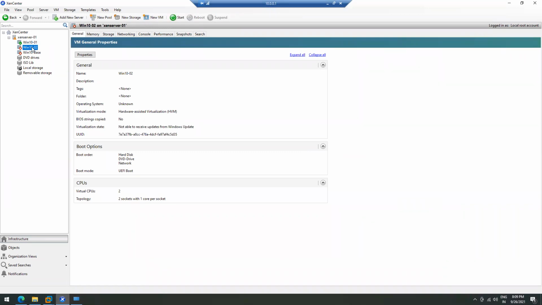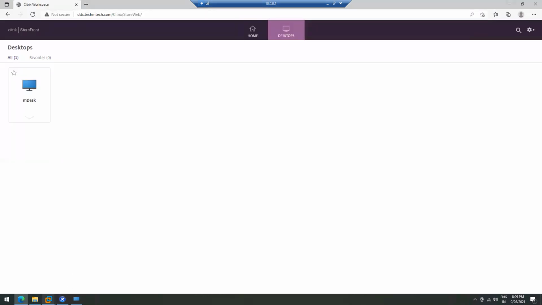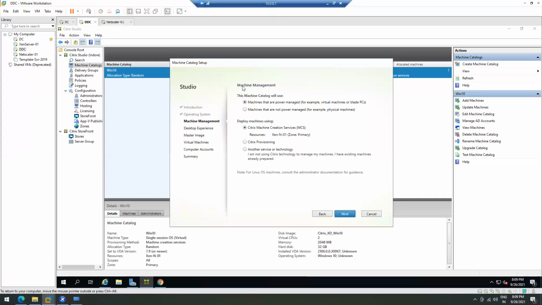Those are power managed machines, not any physical hardware. Even if the machine is down, the user will be able to power on that machine. It will take a while, around 30 seconds, to make a connection because the machine has to power on. In that case you select the first option.